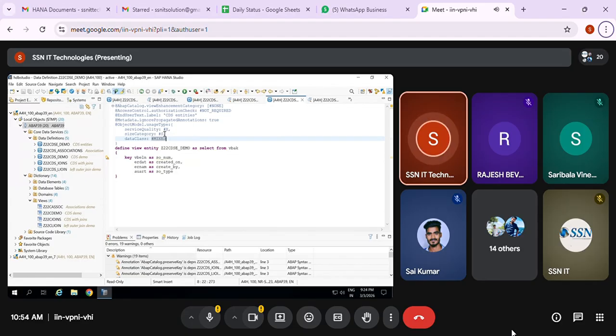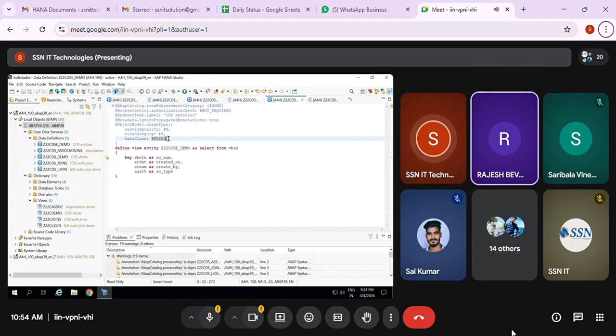So you need to use very large, XL there. Based on your requirement, you choose the option. These three options play an important role in performance improvement. Clear?